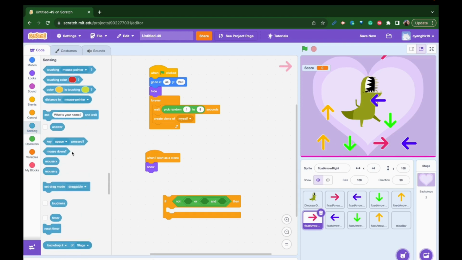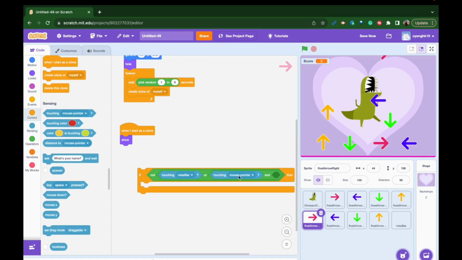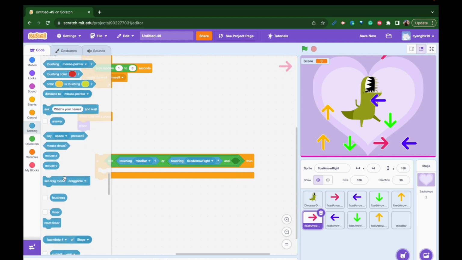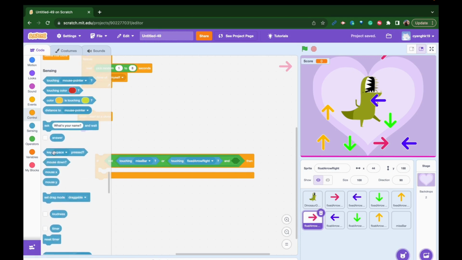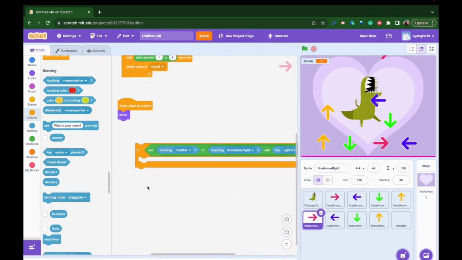So I'm going to sensing, touching miss bar. And the other condition is that even if you're trying to play the game, you miss this arrow. So while this arrow hasn't reached the very bottom of the stage, you want this arrow to just keep dropping. This is the other condition you're doing now. So I am going to touch my fixed arrow right, and meanwhile my keyboard or my Makey Makey has been touched. So should it be the right arrow touched? And you are going to